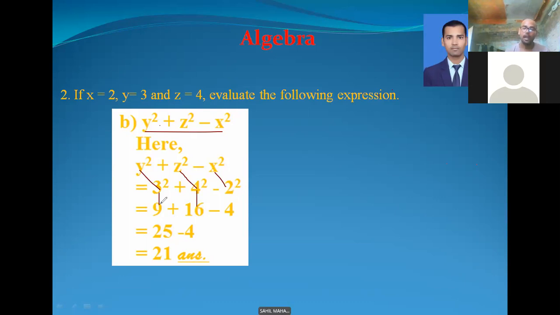And we use here the rule of DMAS: division, multiplication, addition or subtraction. So as we have here addition, 9 plus 16 is equal to 25. So 25 minus 4 here. And after subtracting 4 from 25, we have answer 21. I hope in this way you can find the values of the similar problems which are given to you for solving.